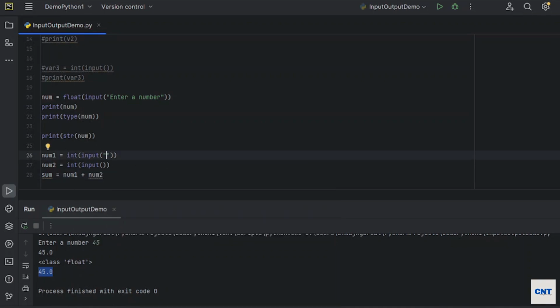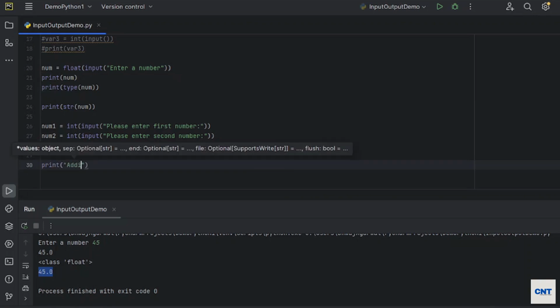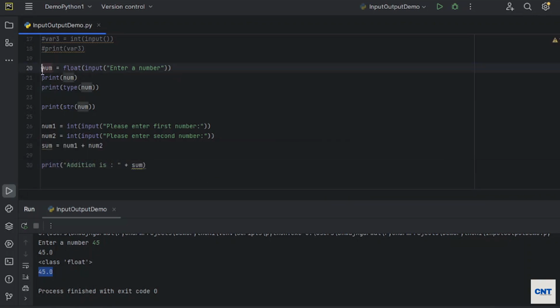Okay, messages: please enter first number, please enter second number, print addition is. Okay, comment this out, otherwise it will ask us for the input.